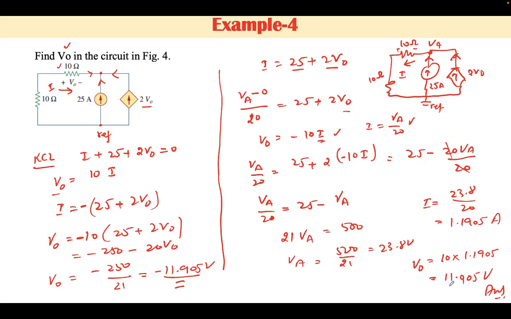Since it comes out positive here, it means whatever the direction of current we have considered, the potential will be that value only. If we want to find out according to the given potential, here plus minus, then it will become minus of this quantity.